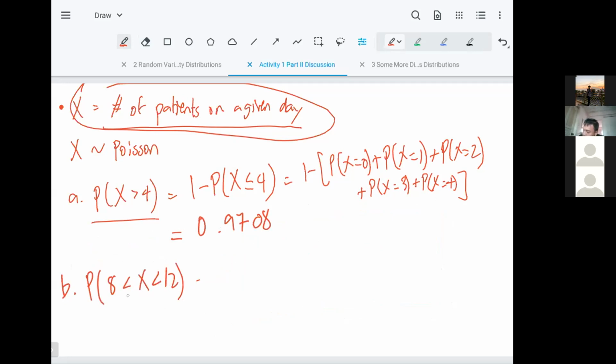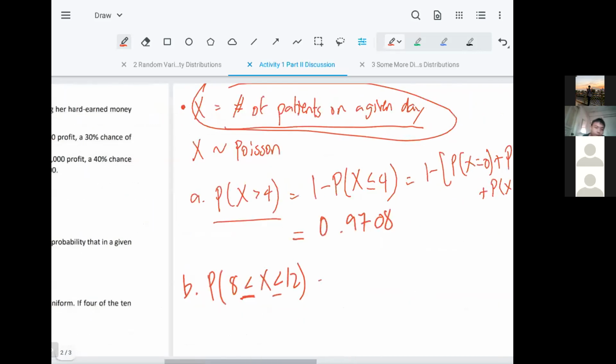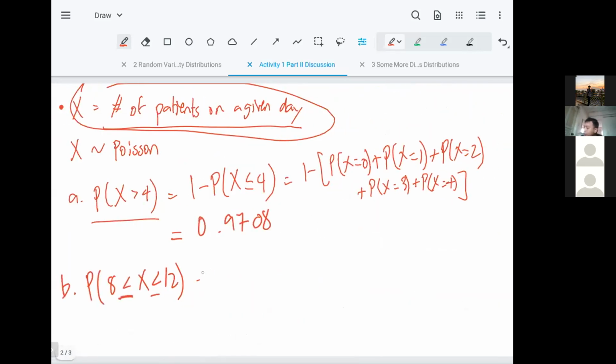So it's important to include yung or equal to, especially kapag discrete. Later on sa continuous, may makikita kayong kakaiba eh. But yeah, it needs to be included kasi from 8 to 12, kapag wala yung or equal to, from 9 to 11 lang siya. So you have to add from X equals 8 up to X equals 12. Unfortunately, no shortcuts. And your answer will be,